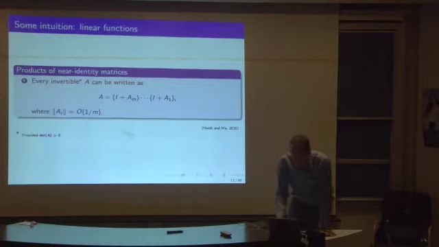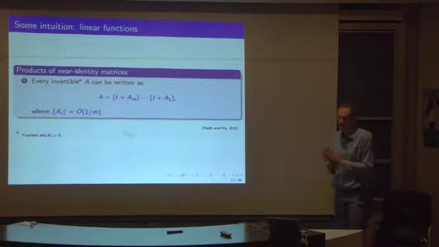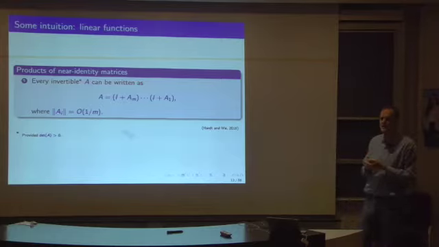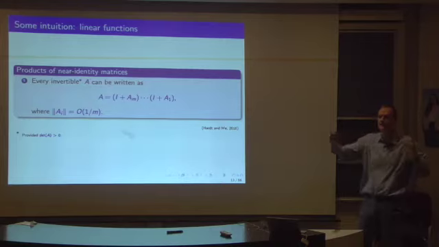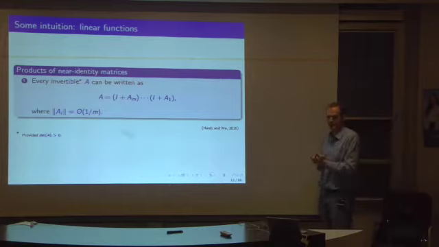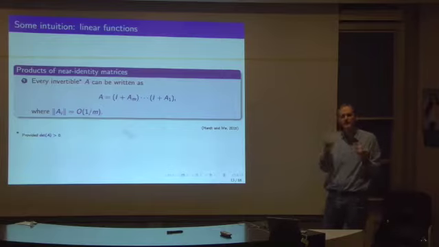Okay, so what's going on? Let's start with some intuition that arises from linear networks. This is work of Moritz Hardt and Tengyu Ma. They considered the case where, throw away the nonlinearities and just think about a composition of linear functions. Of course, the whole thing is linear, but let's go with it anyway. So we think about a linear function that we're computing as a composition of linear functions.